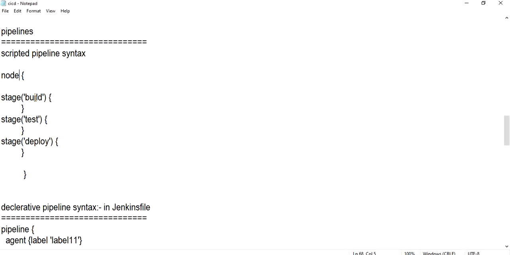There are different steps which are to be executed. For example, this stage has build as step, and next stage has test as step, and next stage has deploy as steps. Like this we will have steps, and inside the steps we will execute some commands. Okay, that's it. Let me execute this.